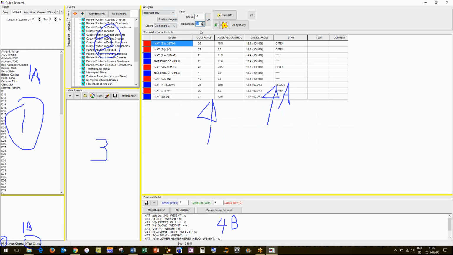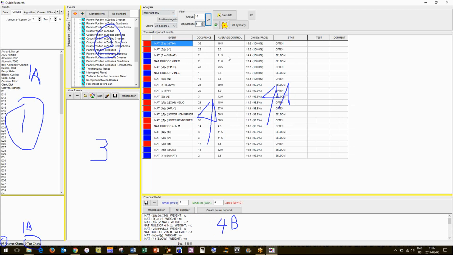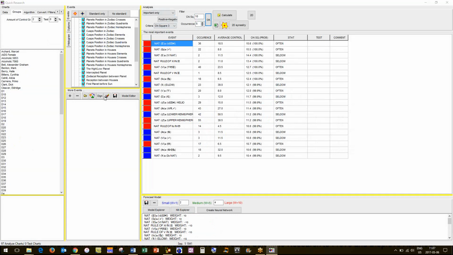Again, this is inherent in the program, and it works with the probabilities based on how many minimum occurrences you want. So for most of our work, we keep this set at 5. We found that seems to give the best results. So let me erase all this, and now we're going to work on creating a model.